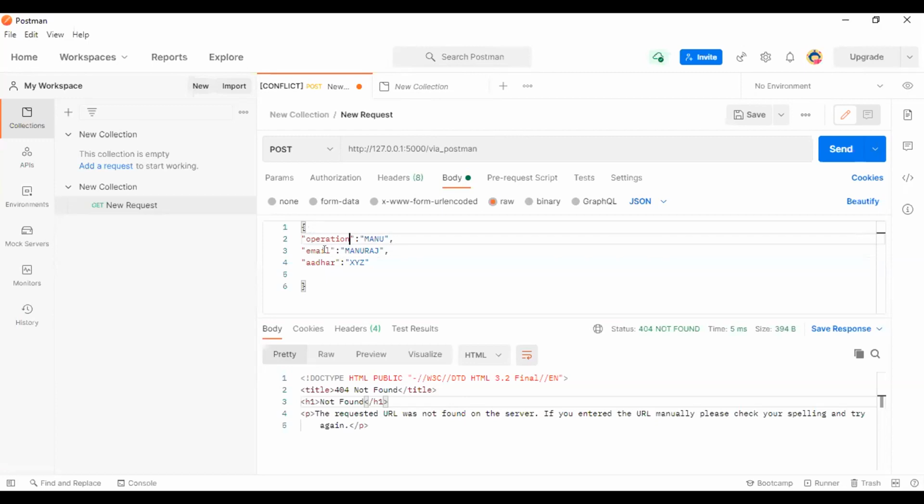Operation 1, number 2, operation. Let's make it add, and let it be that name. Fine. You can just change the add variable name, 21, and